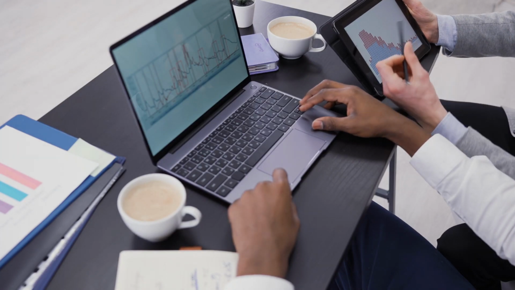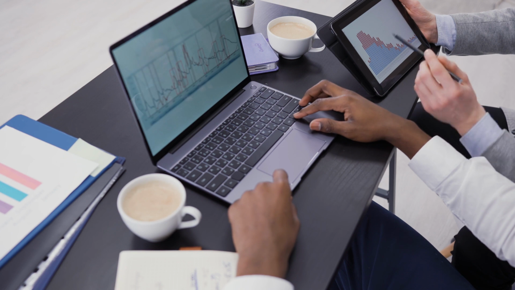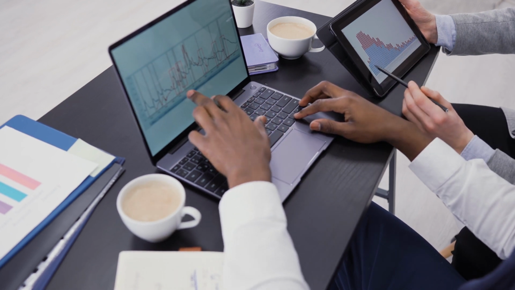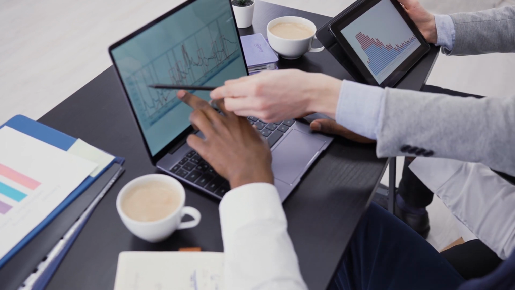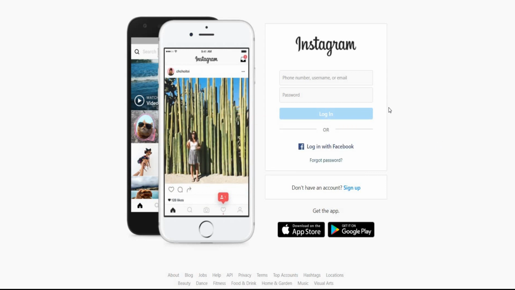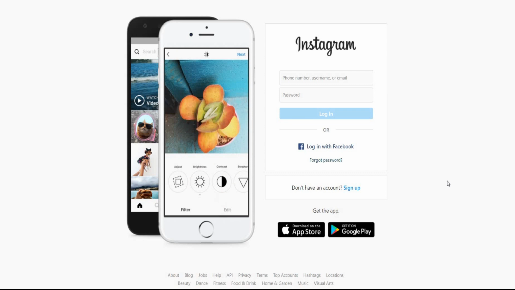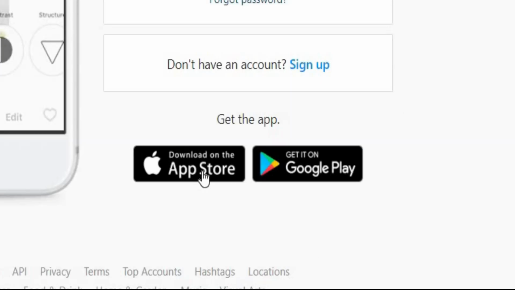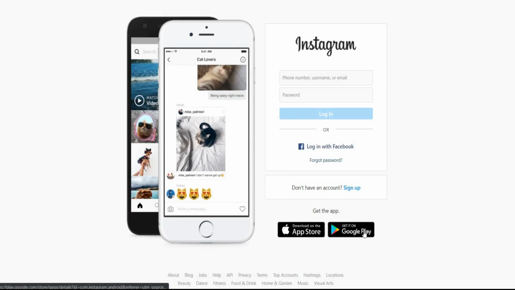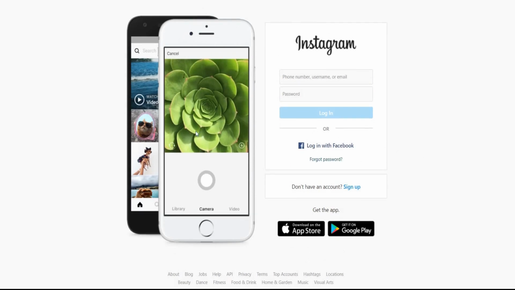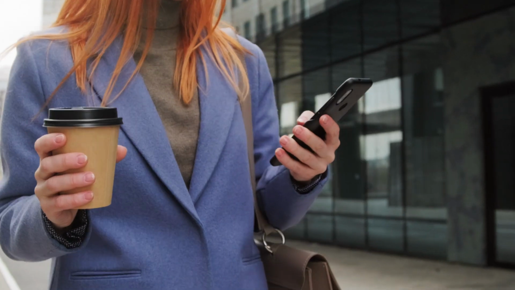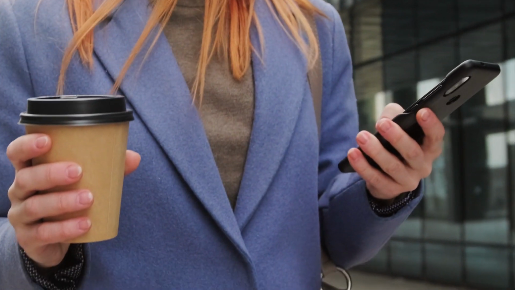And now, starting with step number 1, I'll walk you through how this functions and how to set it up for yourself. Step 1 is to make a new Instagram account. And don't worry, you don't have to promote or sell anything on your account. You can simply install the Instagram app on your smartphone. However, I will be utilizing the desktop version because it is much easier for me to record it and demonstrate it to you. But all of this can be done with only your phone.